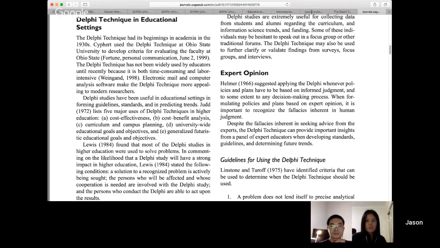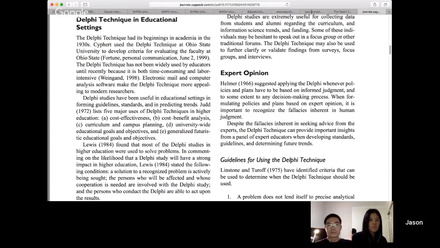And that's why it's done through a blind process where everyone puts forward their ideas and then they all vote on those ideas, and everyone then sees the outcomes of those votes. They then refine their ideas and put forward new ideas, and everyone votes on that again, but without knowing who put forward the idea. And the idea is that everyone looks at all the ideas and they're not biased around particular experts or particular people that they know have had good ideas in the past and all those other things, and they can make an informed decision.